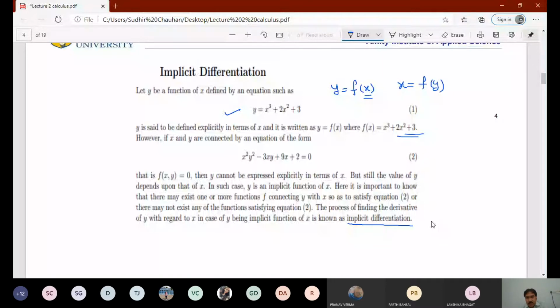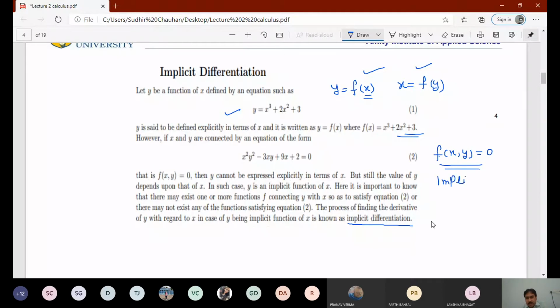So these type of functions are called explicit functions. That means one variable can be expressed in terms of the other variable. Now, if we get any function where it is difficult to find x in terms of y and y in terms of x, these type of functions are called